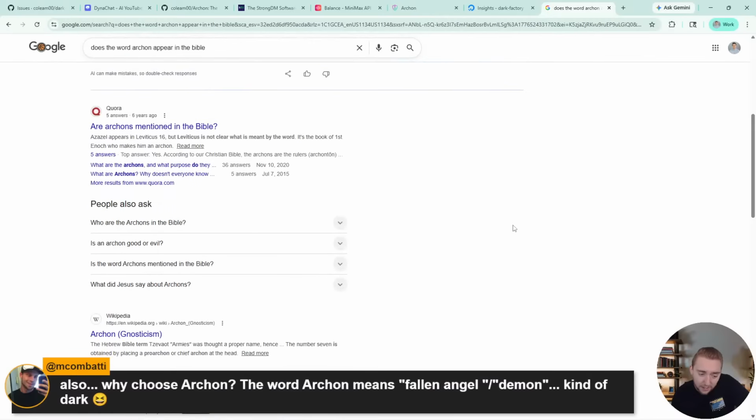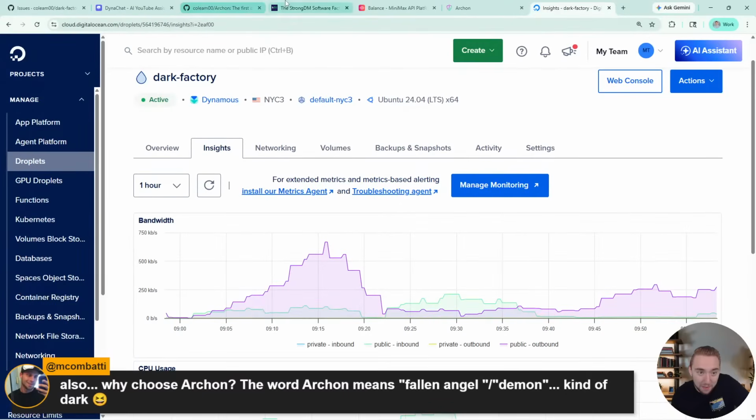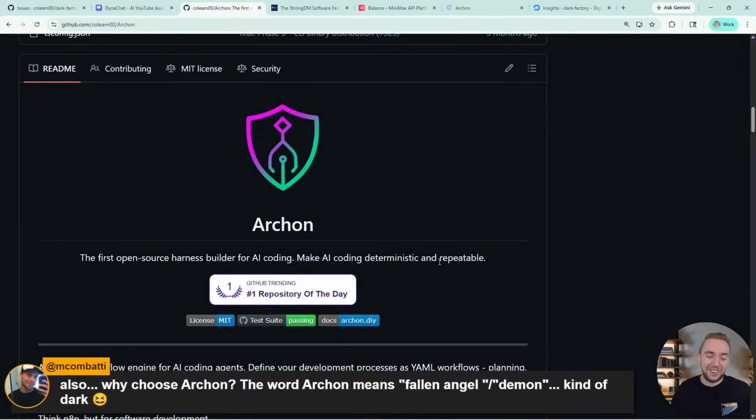Okay. I don't know. Maybe I should specify that this is not archon in the biblical sense, but just the Greek. All right, that's also why there's the shield logo here, because it's Greek ruler, and everyone had shields back in the day. That's kind of the inspiration for it.